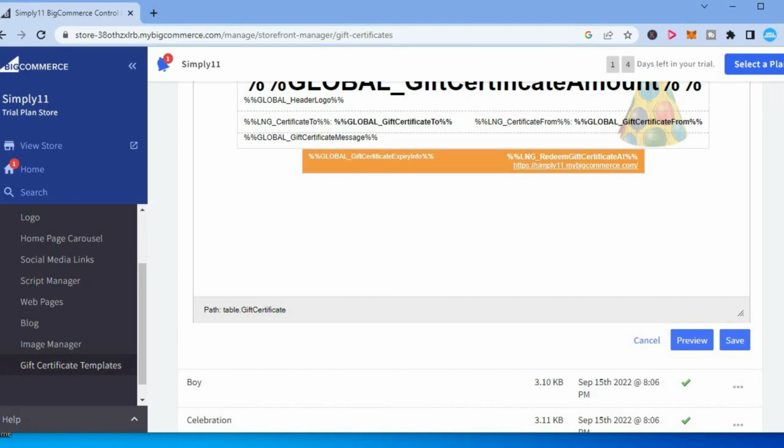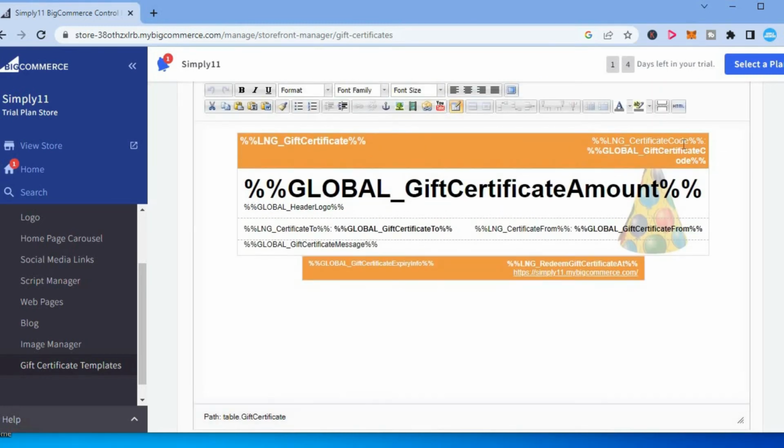Then from here, you could add the percentage that you would like to give off. And after you have added the percentage, you can simply tap on Save. And that's it. And any other customizations that you would like to do, you can do on this page,